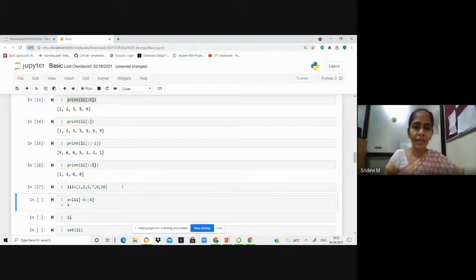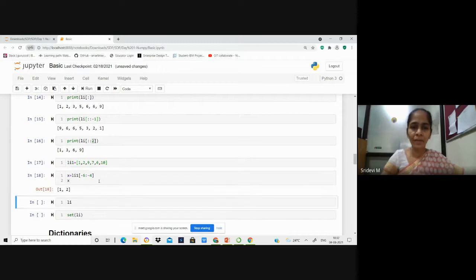Now, when you create a new list and try to retrieve in the reverse direction, I have explained to you with an example how the reverse numbering works, right? Negative index numbering works. It starts from -6 and ends with -4. So -6 and -5, these two negative index numbers will be printed.